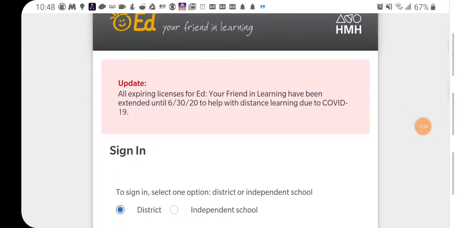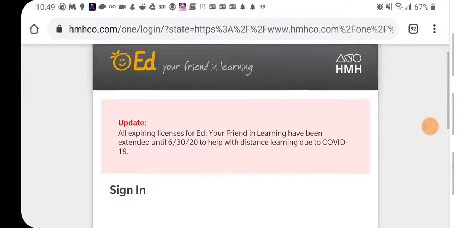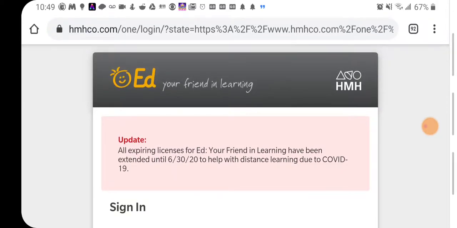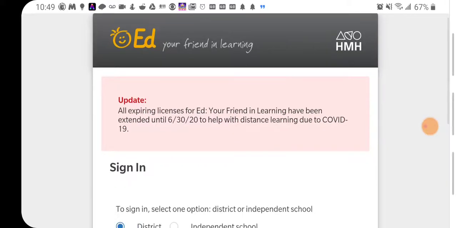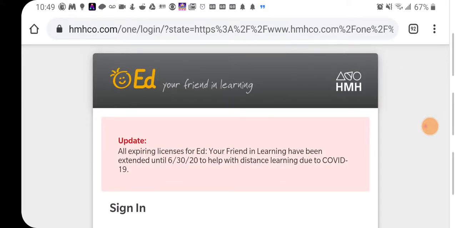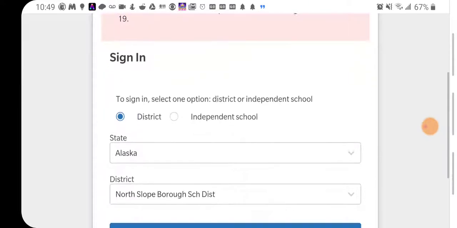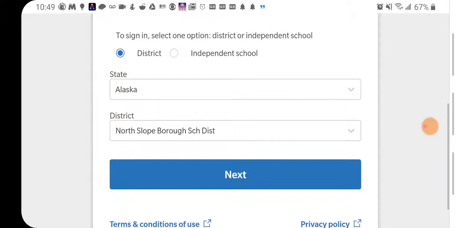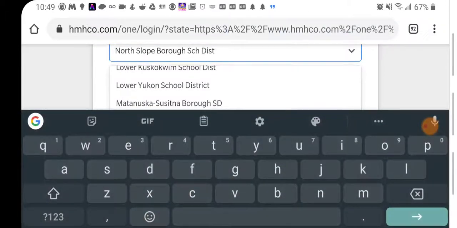All right, so here we are at the website that I've posted in Google Classroom. It should look like this when you try to log on. HMH, that's the brand of the textbook we have. So I'll call this HMH Ed or HMH Co. When you sign in, I don't know if students will go through this phase, but I'll just show you. Pick your state, pick your district. So you just go through there,